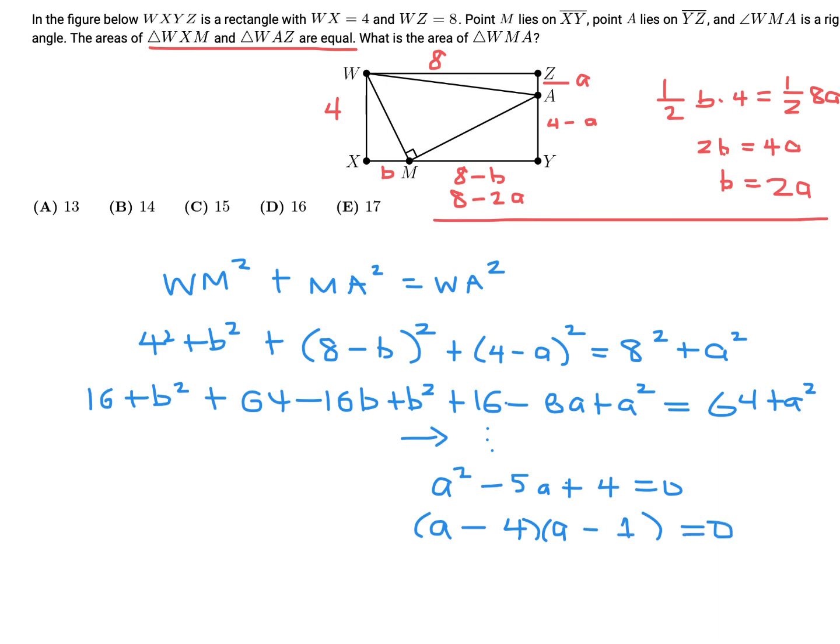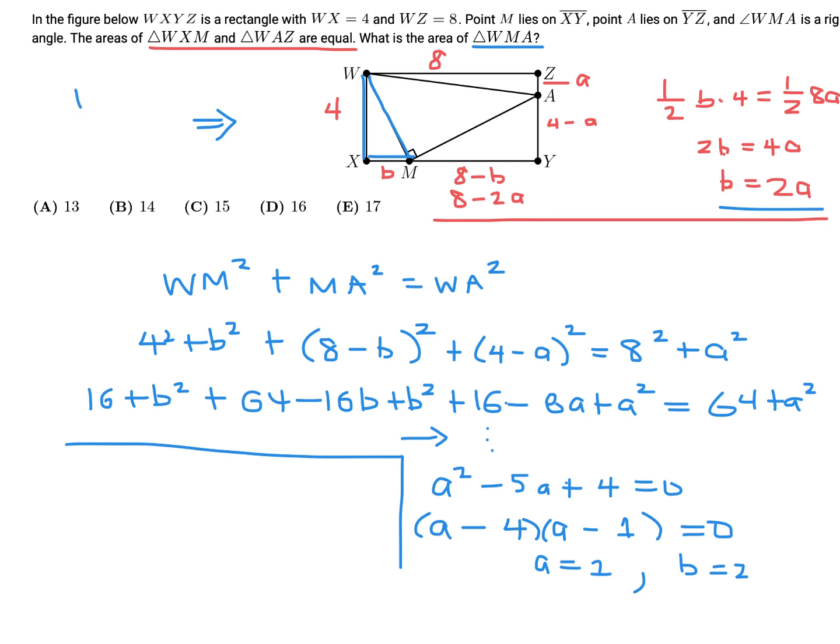Now, if you look at the diagram, A is obviously less than 4. So the only valid option is A equals 1. If A is 1, then that means B is 2, because B is equal to 2A. So we are doing quite well here, and we need to figure out the area of WMA. Where is WMA here? Oh, that's the inner one. Okay, that shouldn't be a problem, right? So I think I can fit it all on one screen. Actually, we can do it very quickly. Since B is 2, the area of this guy